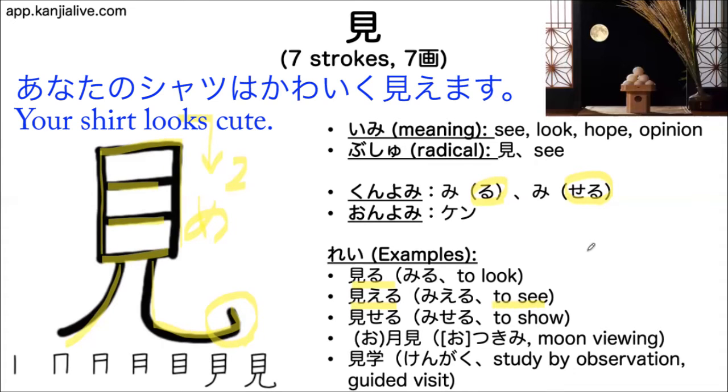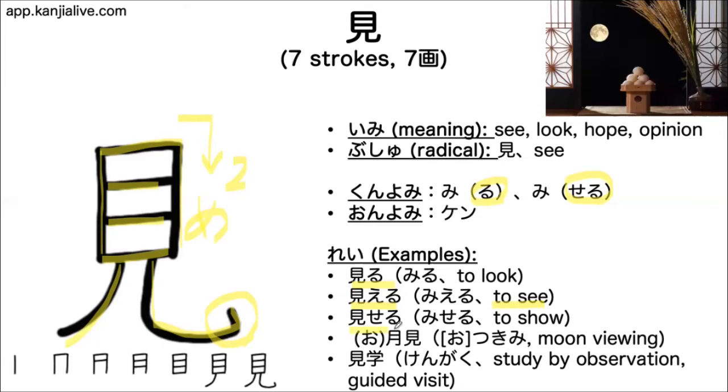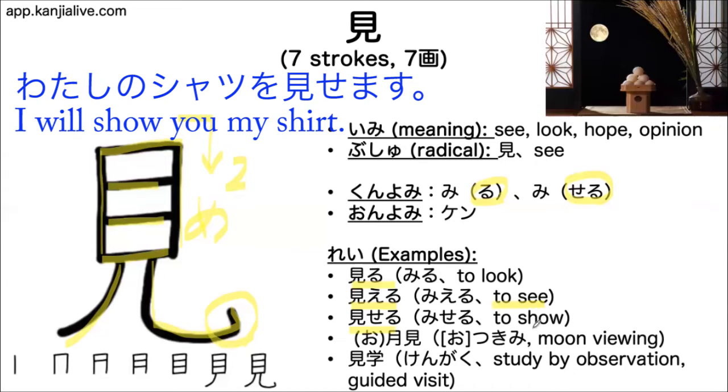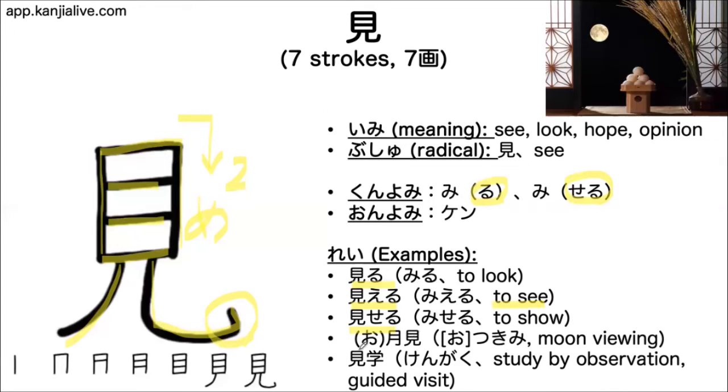For example, あなたのシャツは可愛く見えます。Your shirt looks cute. In this case, 可愛く is an adverb. So adverb plus 見える. Okay? The third one is 見せる. 見せる is to show. So the direct object will follow. Something を見せます。